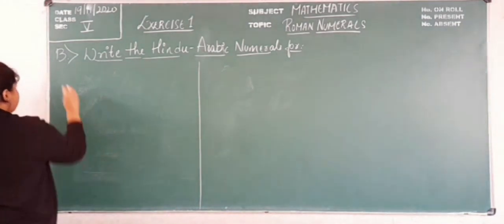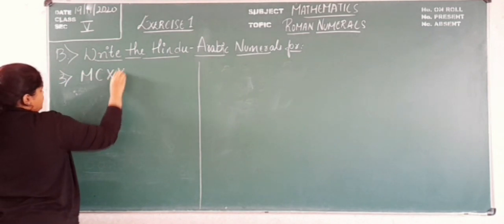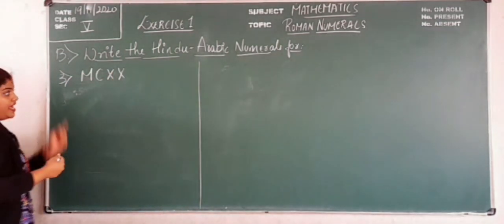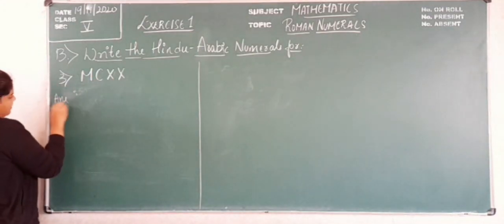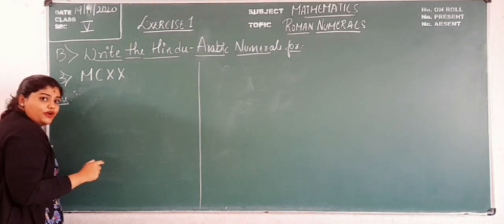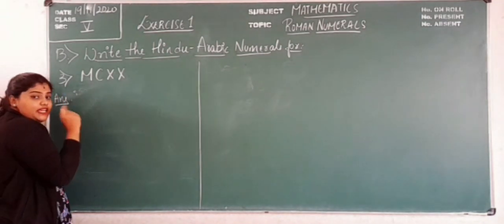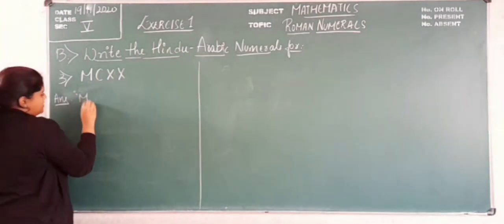Next we have MCXX. So the next question is MCXX. So first we'll write the value of each symbol. So first is M. M means 1000. So I'll write M stands for